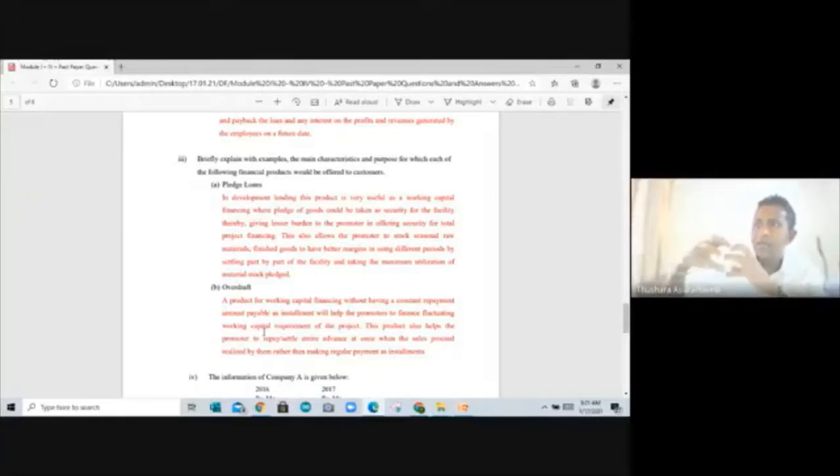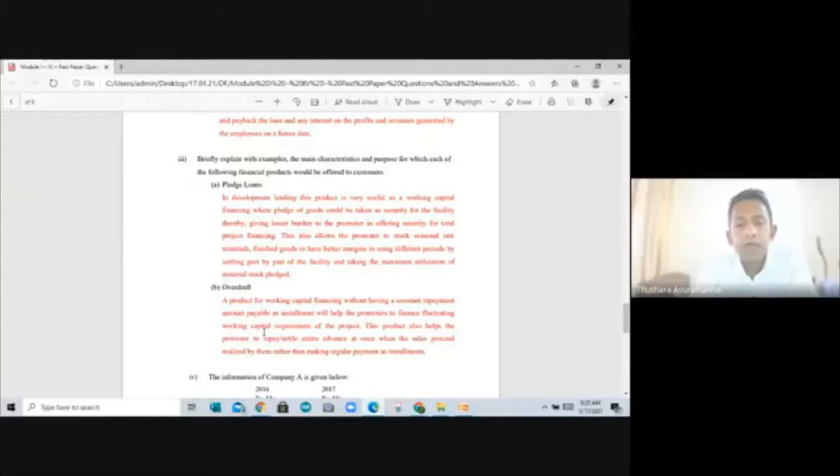Then you have a better explanation for this answer. Even the examiner knows that you know a practical situation, an application of this. So he might give full marks because the other students might not have written it, but you have written it. Right. OD, a product for working capital financing without a constant repayment amount payable as installment, will help the